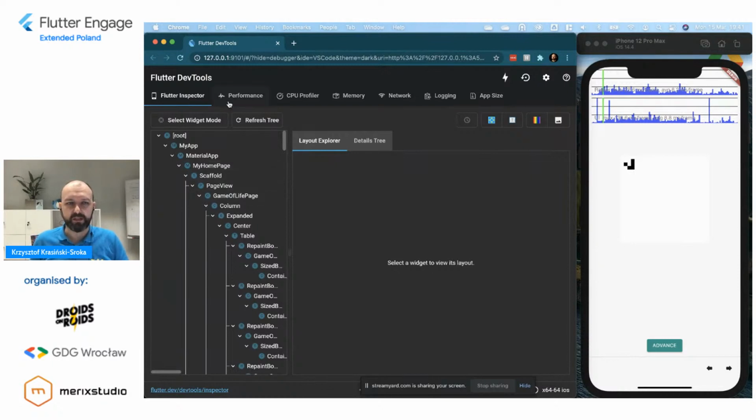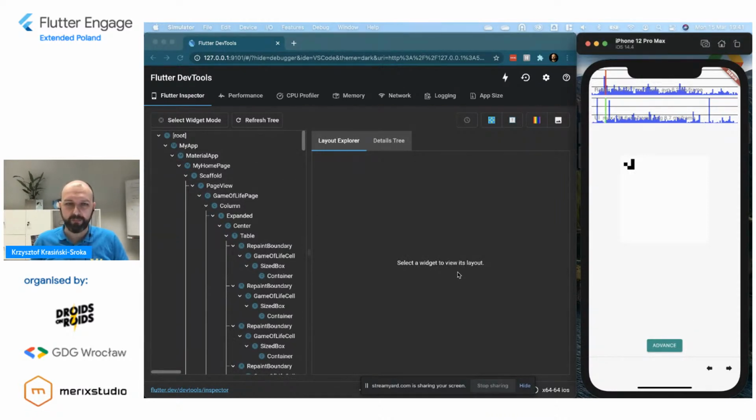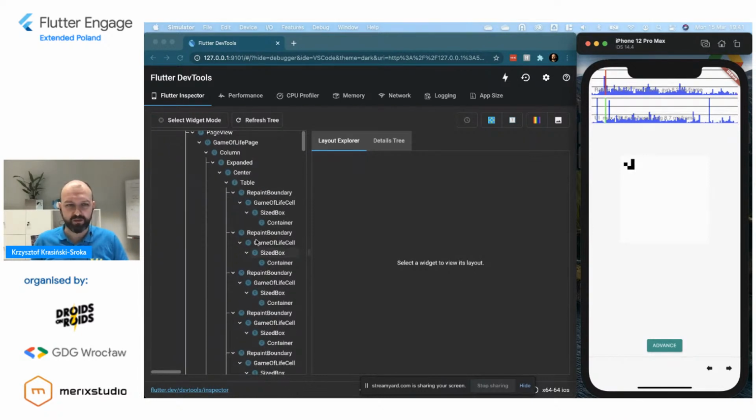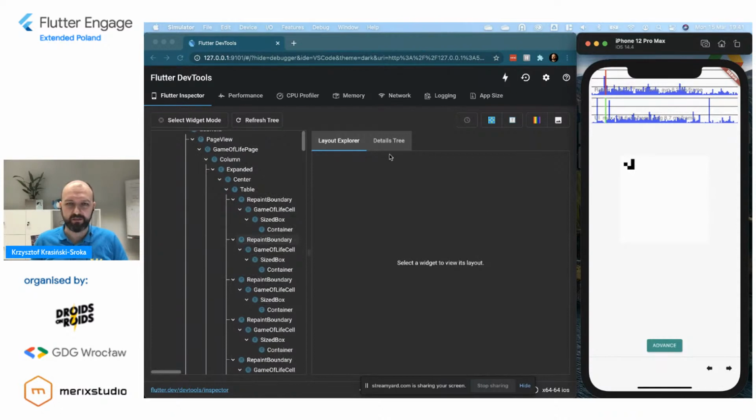First of all, it's the Flutter Inspector, and there was a talk about this from Majid Hajian at Flutter Engage in the community track, and I urge you to watch it because he talks more about the Flutter DevTools. But Flutter DevTools gives us several nice things that we would struggle to do in ordinary execution of a program.